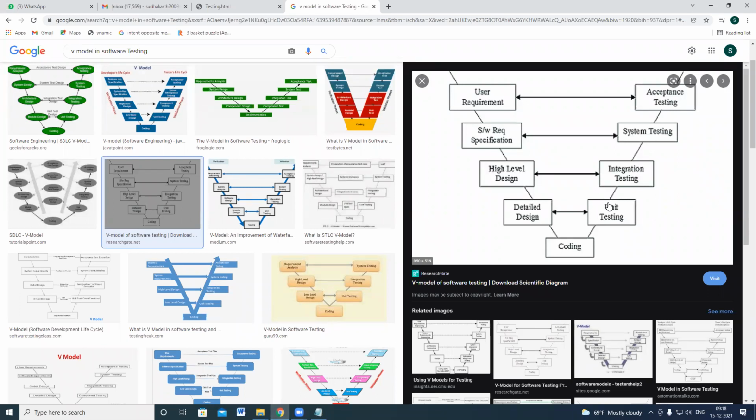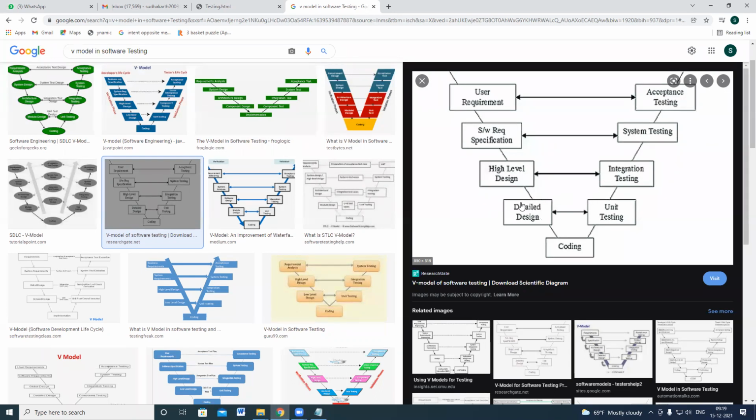Okay, placing an order and buying. Whenever you are buying, what is happening? A third party, another module, is integrating. It is connecting with billing and payments. After integrating that functionality, is the end functionality working correctly or not? So the high level design, is it matching or not? It has to align with the integration testing.